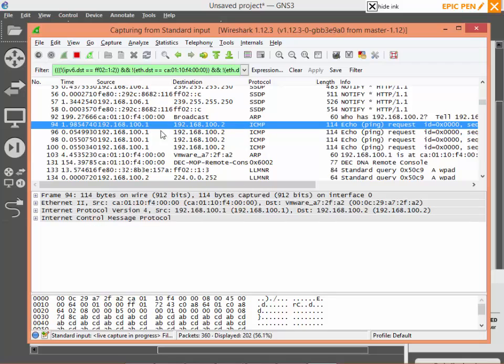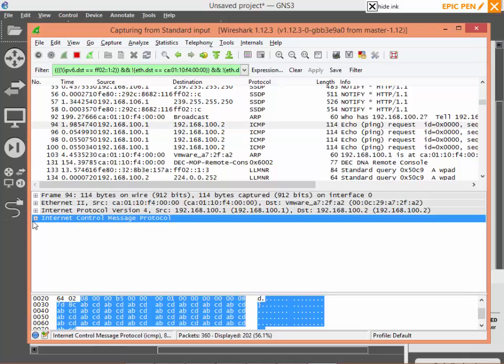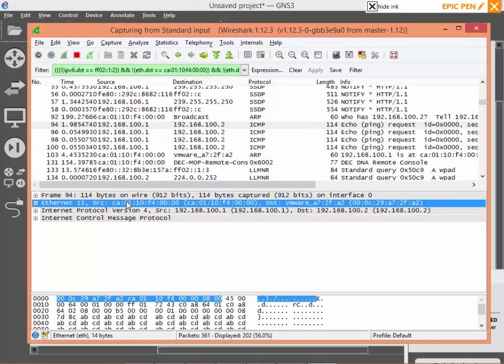Let us check this ICMP packet. This is the ICMP packet. In the Ethernet header, you have the source MAC address. This is the destination MAC address. Since I am using a VMware PC, the MAC address is showing as VMware, this one. Okay,